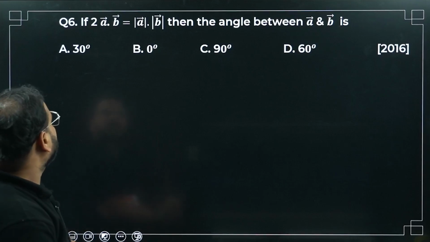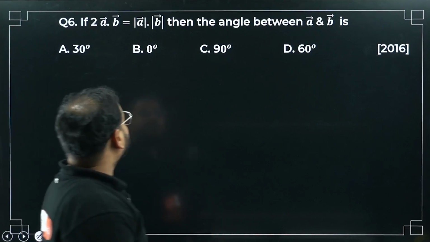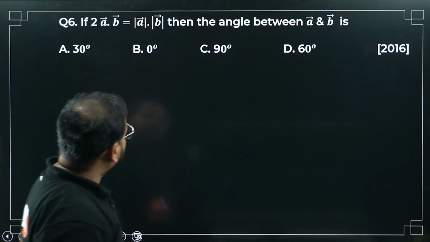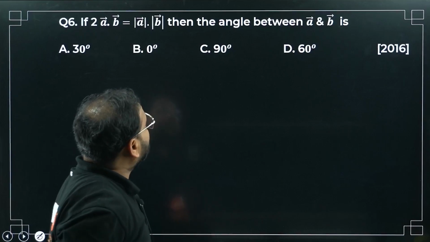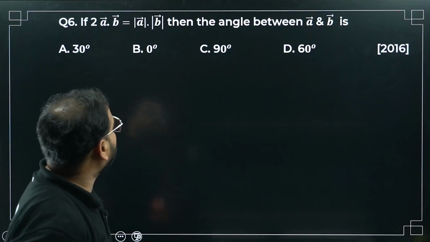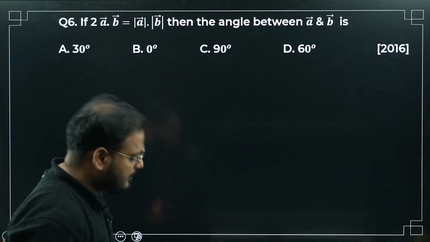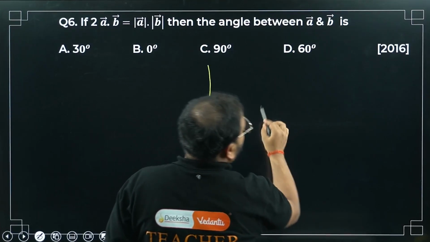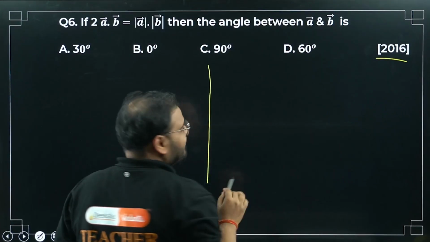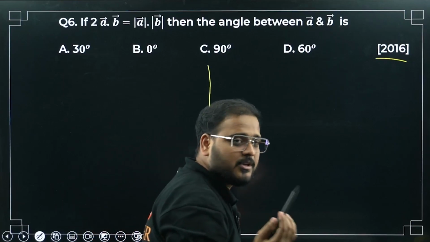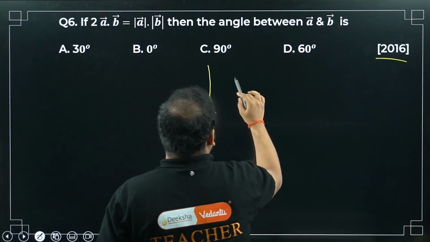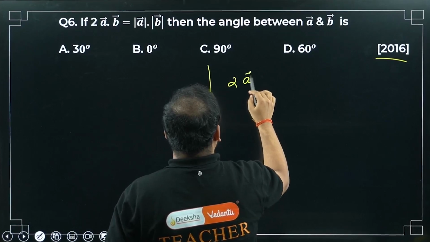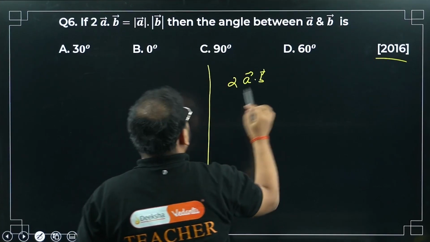Question number 6. If 2 times of a dot b equals mod of a times mod of b, then the angle between a and b is what? Okay, chaliye. Can a question get simpler than this? It's a PYQ. It's a very simple chapter. If you know some concepts, you're going to get free marks in this. So 2a dot b is given as